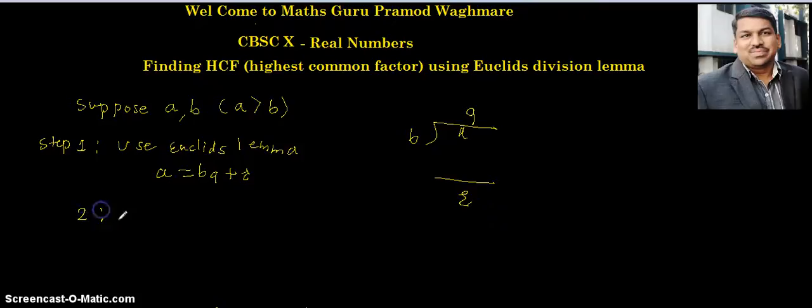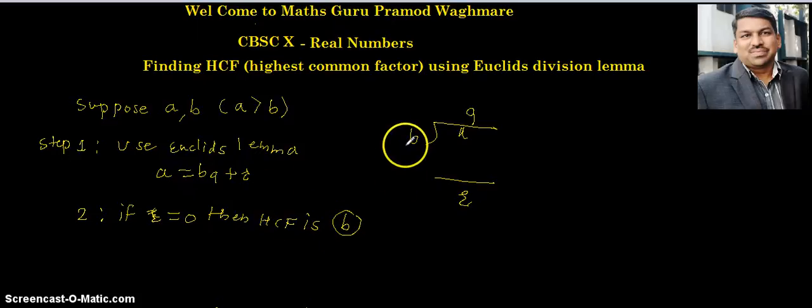Now step 2: if the remainder R is 0, then what is the HCF? The HCF, the highest common factor, is B, that is, the divisor. This is a very important step. If the remainder is 0, the HCF is the divisor. But the question arises, step 3: if the remainder is not 0, then